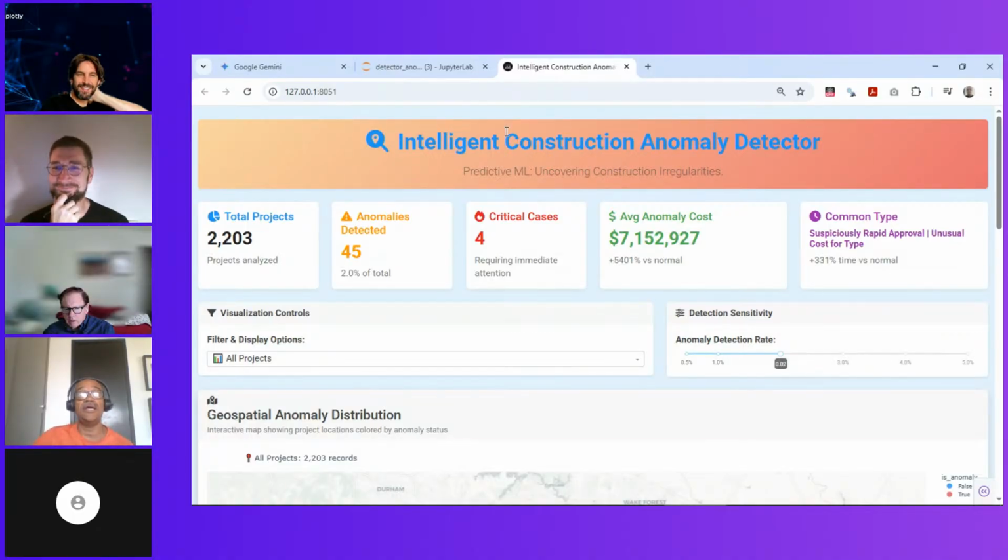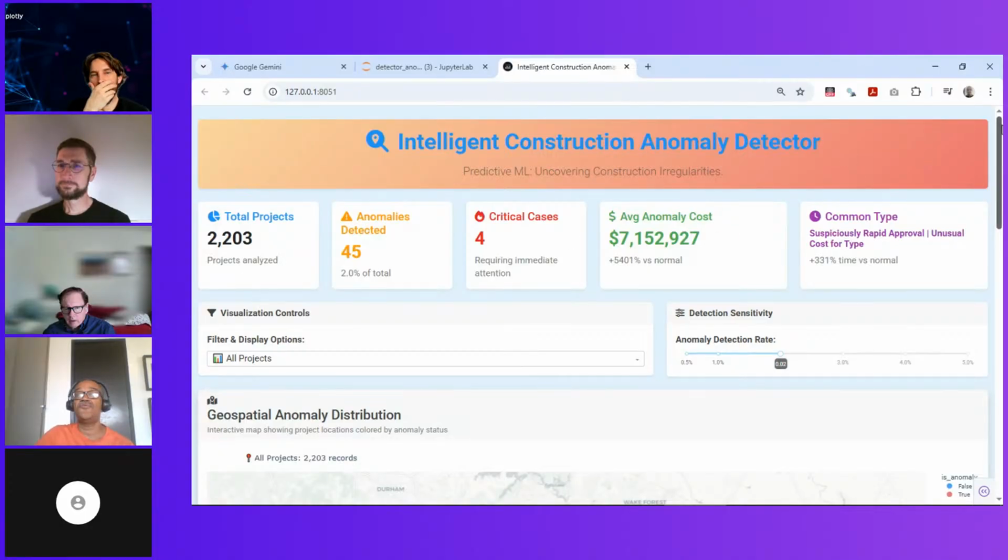Basically, here I use a predictive machine learning model for uncovering construction irregularities. I used a machine learning technique called isolation forest. It's the second or third time I have used it. And based on the input and all the exploration, I built